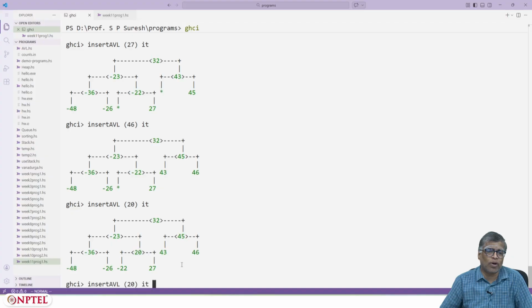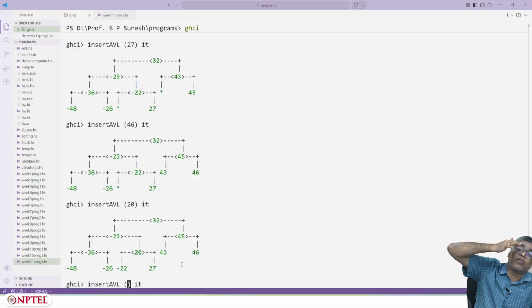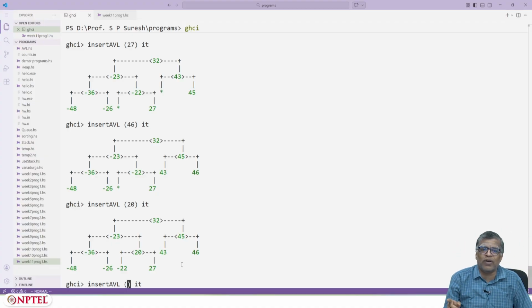So let's do 24. 24 should come to the left of 27 and it shouldn't be a problem. No, it will be a problem, because once 24 comes to the left of 27, if you look at the tree rooted at 23, its height will be 1, 2, 3, 4. But if you look at the tree rooted at 45, its height will be 2, and that is a difference of 2.